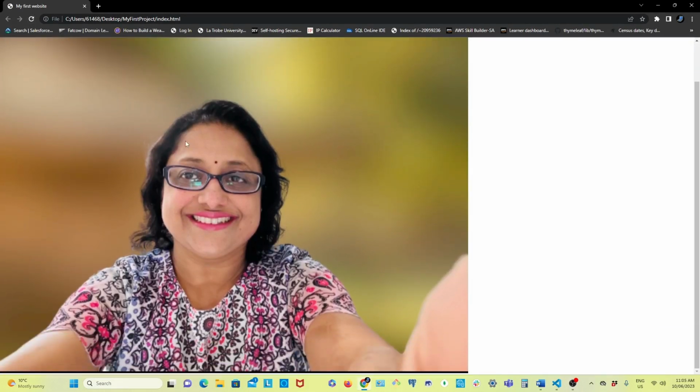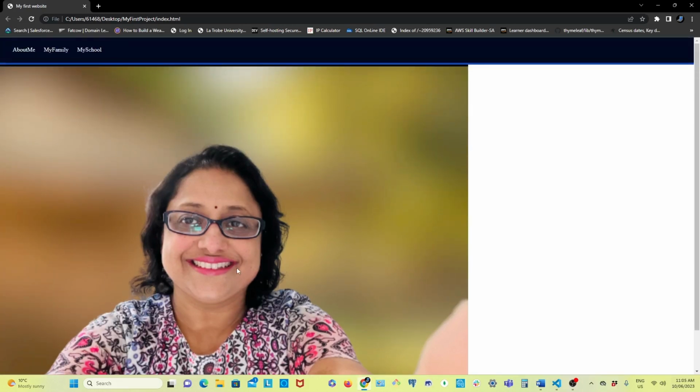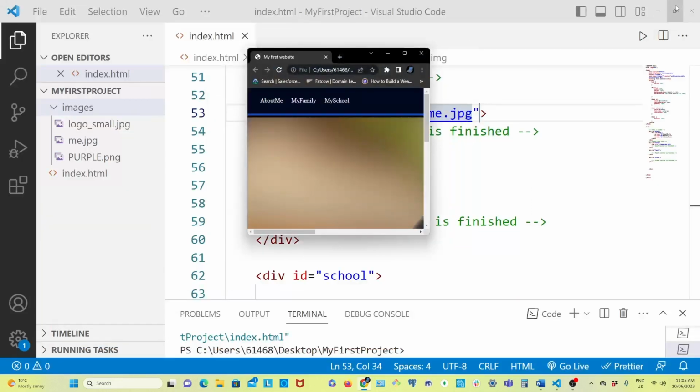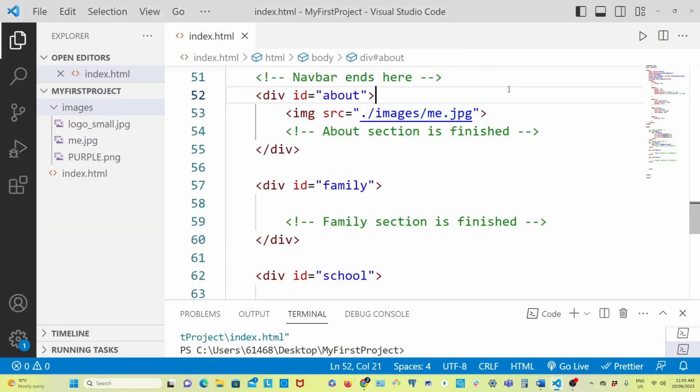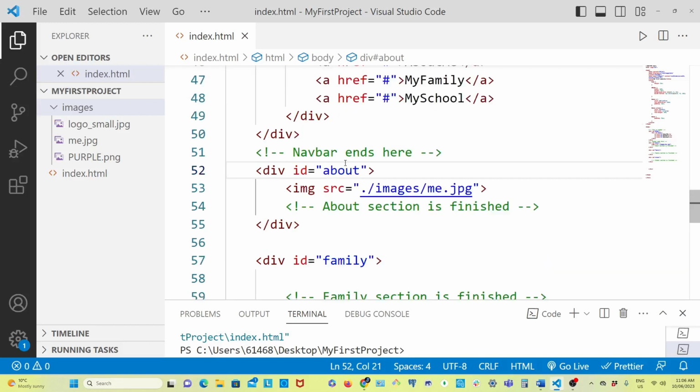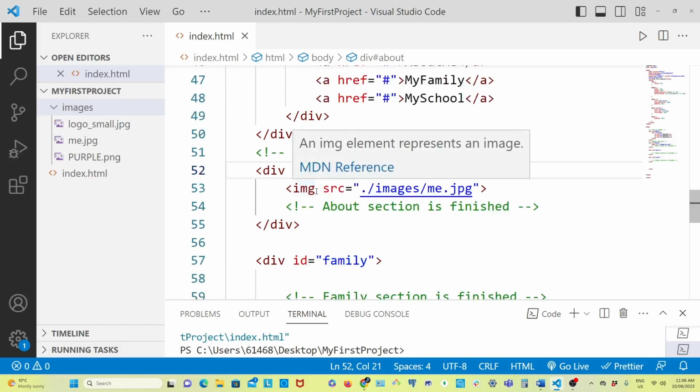Now I don't want my image to be so big. I want to make it small. For that, what I have to do is just define the width of the image, how much width I want. If I want any height, I can specify height also. Now for doing this,